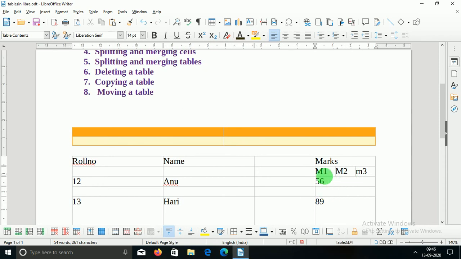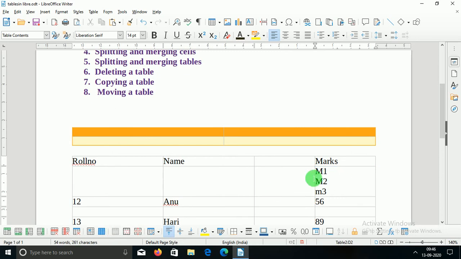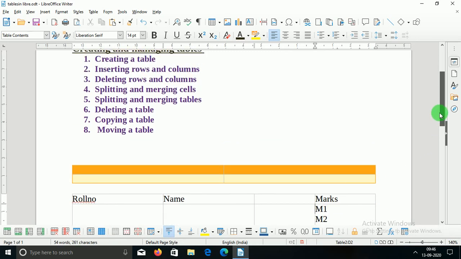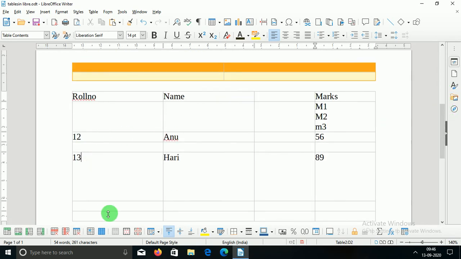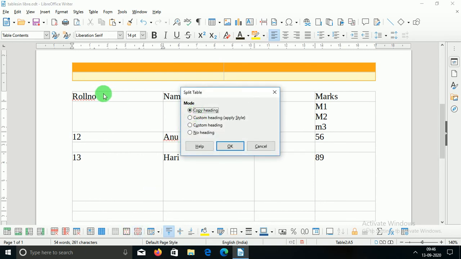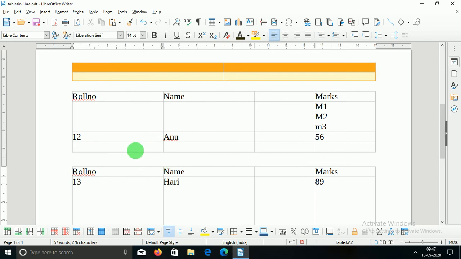बिकॉज ये तीनों में क्या हो गया है, 3 सेल्स में स्प्लिट हो गया। अगर मुझे वापस से इनको मर्ज करना है, जस्ट सेलेक्ट दैम ऑल एंड अगेन प्रेस मर्ज सेल। ये अगेन सारे के सारे क्या हो गए, मर्ज हो गए एक ही सेल के अंदर। एंड इसी तरीके से एक टॉपिक आता है बेटा, हाउ कैन वी स्प्लिट एंड मर्ज टेबल्स। टेबल को कैसे स्प्लिट करेंगे, लाइक सपोजिंगली मेरे को यहाँ से अपनी टेबल को स्प्लिट करना है, ठीक है। आई जस्ट प्रेस स्प्लिट टेबल एंड आई सेट कॉपी हेडिंग की जो हेडिंग्स हैं, रोल नंबर, नेम एंड मार्क्स, वो जो मेरी टेबल अलग होगी वो उसमें भी आए। देन देखो यहाँ से टेबल, नाउ 2 tables आर मेड and having same rows or having same headings, okay, and how can we merge them supposingly, ठीक है।